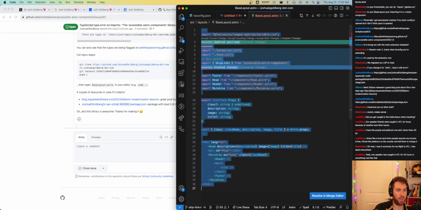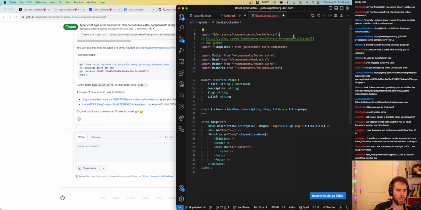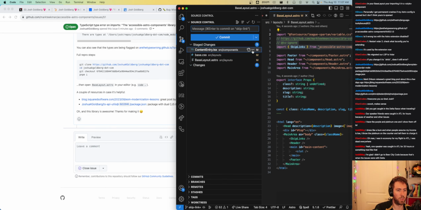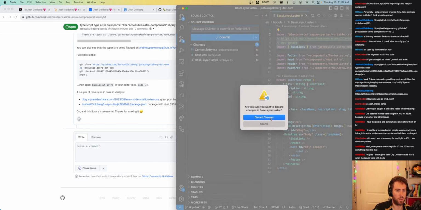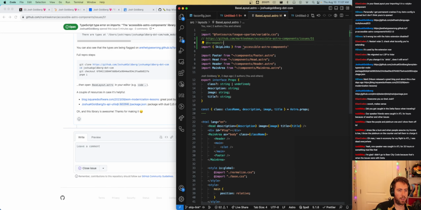BaseLayout.astro. Oh yeah, I had made these changes, but I was going to save those for later. So you know what? I'm just going to merge everything and then undo my base layout and just add this back in. TS expect error so that it fails as it's supposed to.